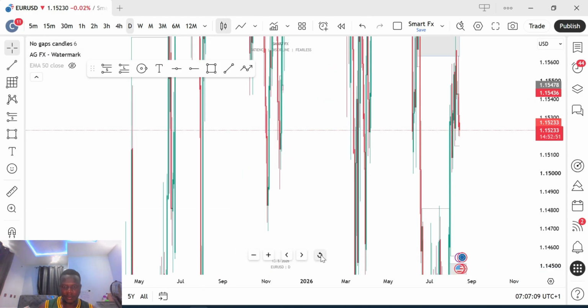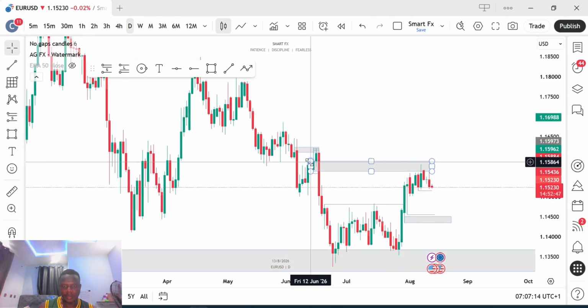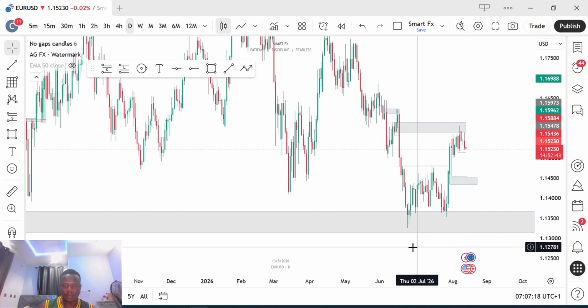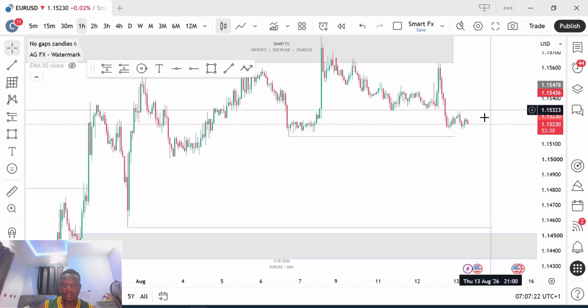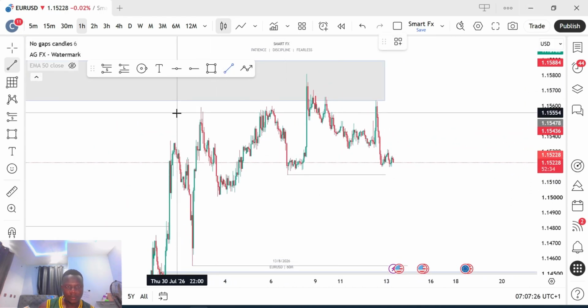So I'm going to show you guys what I'm looking at. Euro USD. That is into this particular breaker block, and it's trying to continue moving to the downside. So I went down to my 1 hour time frame, and what is this? Okay, swept here.